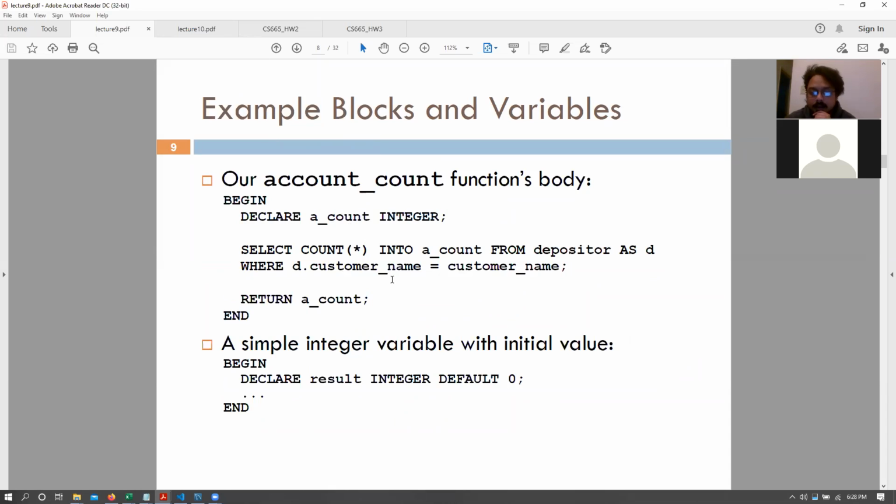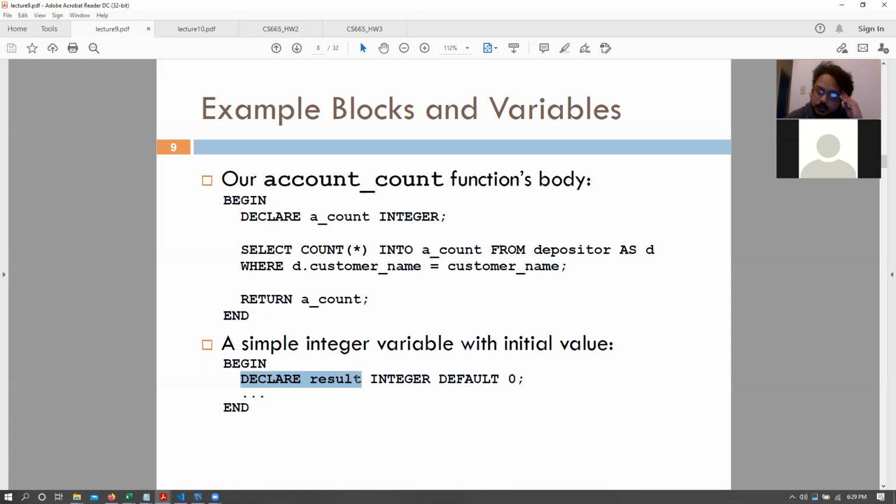We can also define initial values. Whenever we want, we can declare our own variables. So here we declared a count as a variable of type integer. We can also say that if a particular customer has no rows and the select statement won't work, in this scenario it would have returned a null.